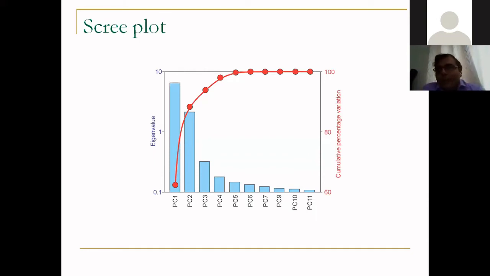Now, again, some biologists don't understand this. Looking at this, they will say, oh, so the first two principal components are explaining 85% of the variation. That means the remaining components are explaining 50% of the variation. If I just plot first and second component, I'm only looking at 85% of my data. I'm not looking at 100% of my data.